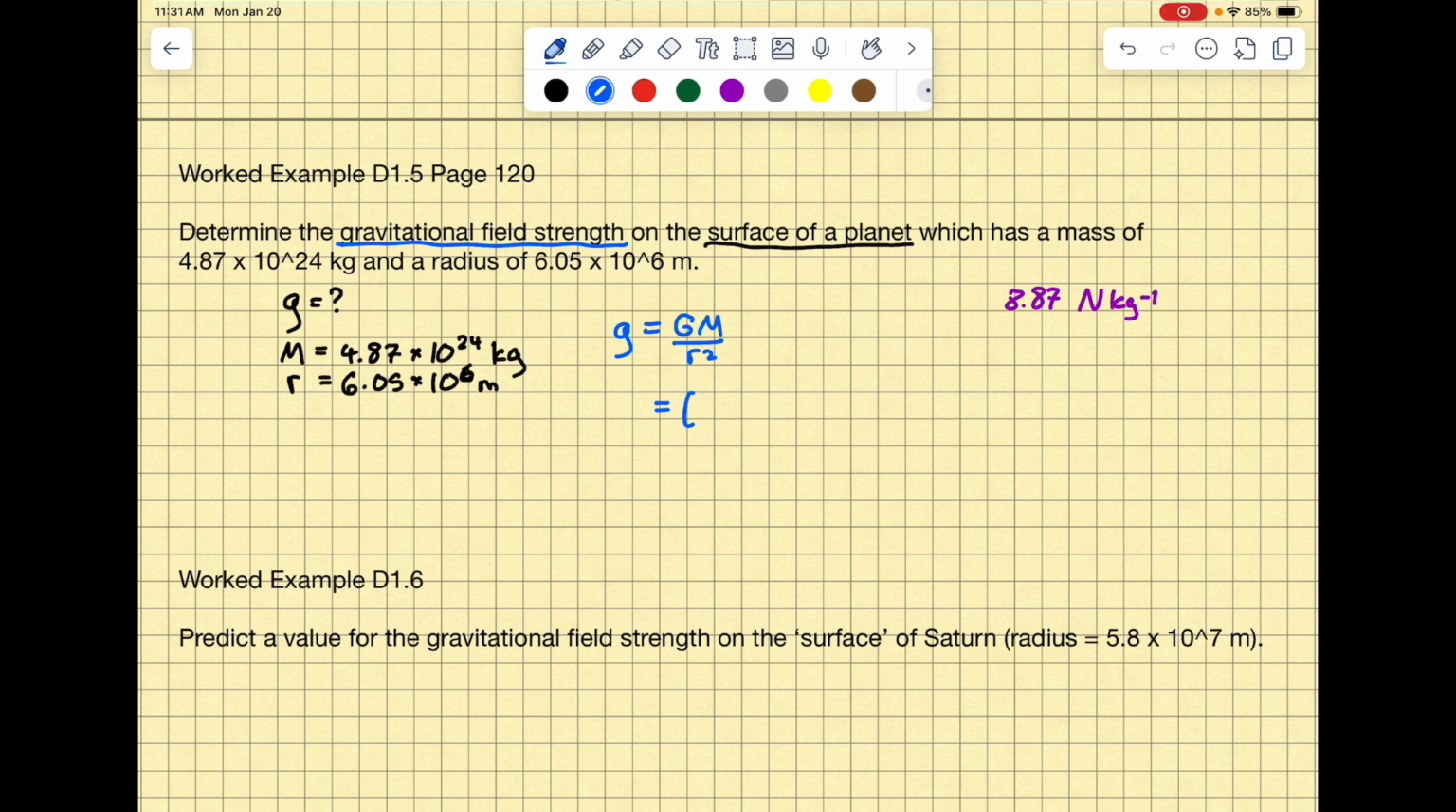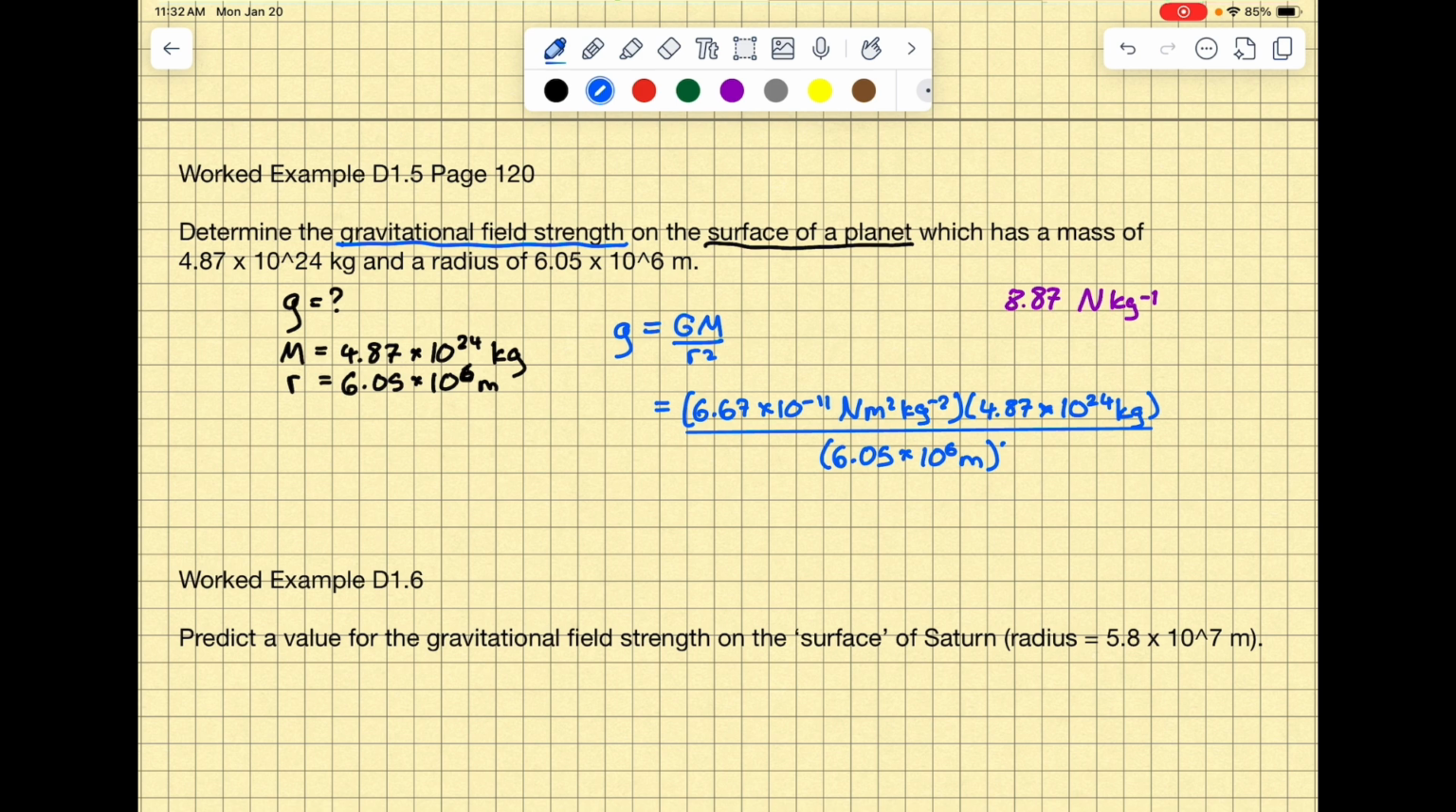Okay, so we're going to get G. Hopefully by now you're starting to memorize this. It's 6.67 times 10 to the minus 11 newton meter squared per kilogram squared, times the mass of the planet, which is 4.87 times 10 to the 24 kilograms, divided by the radius. Like we said, we're on the surface of the planet, so we're only one radius away from the center. So the radius is 6.05 times 10 to the 6 meters,